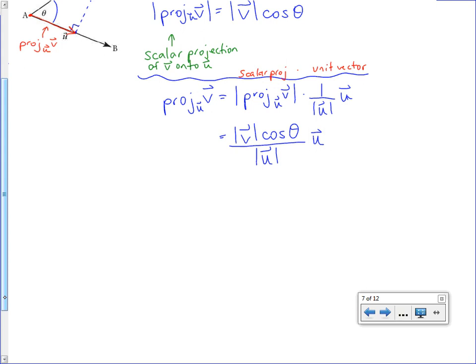Well, but it's in the wrong spot, right? We can't just be like, hey, let's move it up. We can't just sneak it into the numerator, okay? We can't just sneak it into the party. But what we can do, it's just a number. Can't you do this, guys? It's like an equivalent fraction: multiply top and bottom by the magnitude of u. And now,